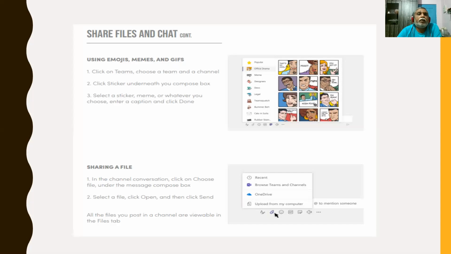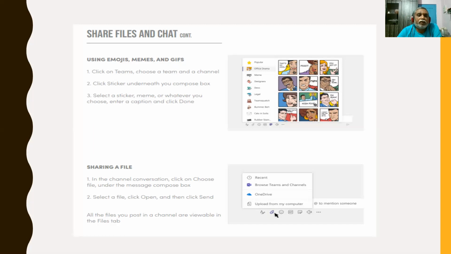Using GIF images in your chat box. Everyone knows WhatsApp, which has emoji, files and animations, meaning GIF images you can share. Also you can share files in a channel.